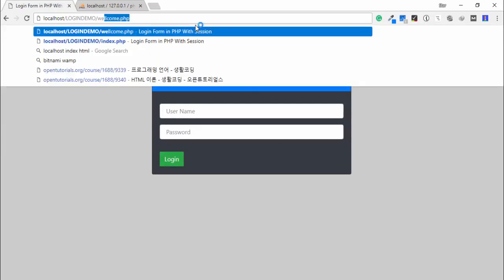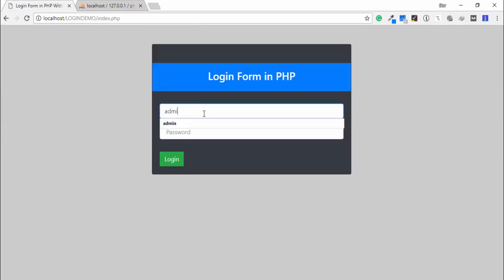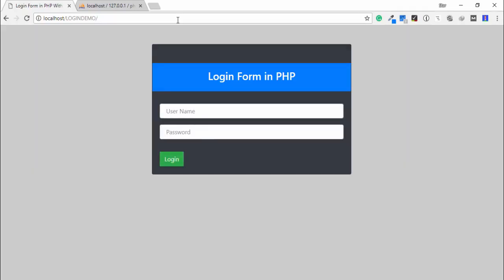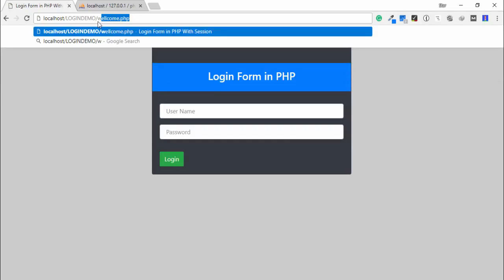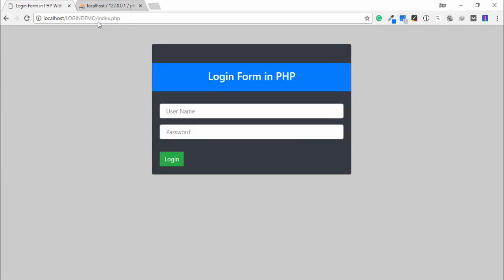Okay, let me show you. Now I use the correct username and password and hit enter, and I close it. I do not click on the logout button. I just check it, and I go to welcome.php. I'm able to see the welcome admin page without clicking on the logout button. If I click on the logout button, then I redirect to the home page, and when I go to welcome.php, I can't open it. So this video is all about how you can create a login